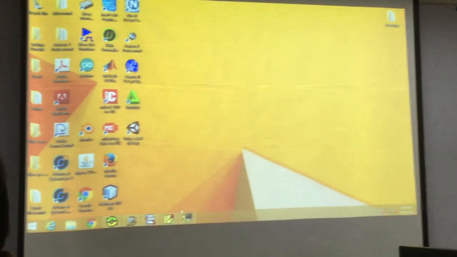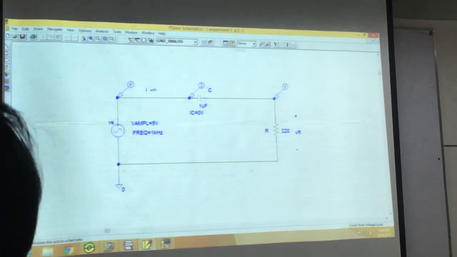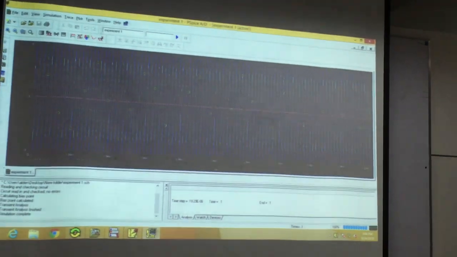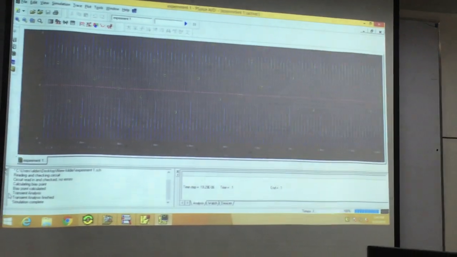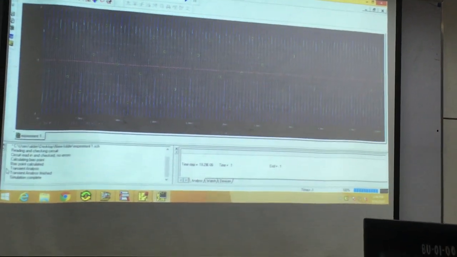Then get back to your circuit. Here. Now you need to click on this guy. It says simulate. This icon. Just click on that. Okay, just wait a moment. Now the piecewise AD, this window, which I just opened, okay,